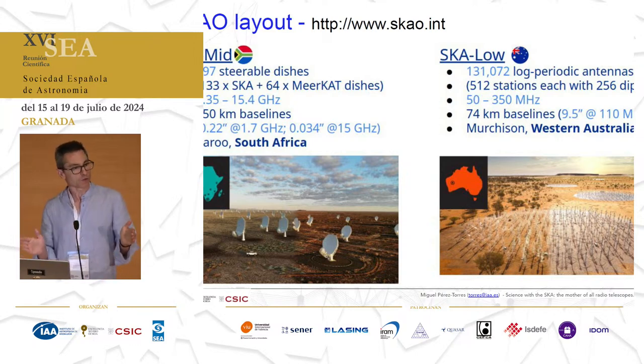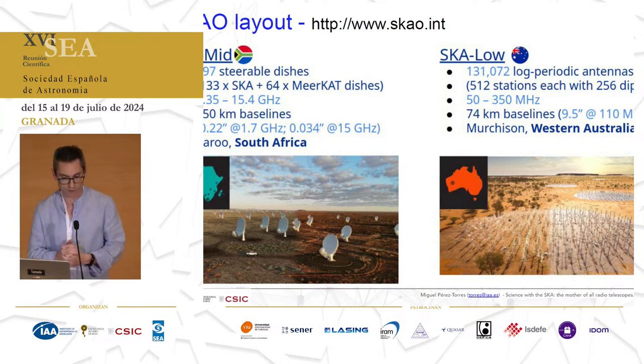Now, what is the status of the SKA observatory now? So you see here the web page, you are invited to go there. It's basically the observatory with 2 telescopes. One working at mid-frequencies, SKA mid, and the other one working at very low frequencies. So SKA mid is basically almost 200 dishes, the standard telescope we all think of, that can be moved. And this telescope will use the already existing 64 telescopes of MeerKAT, which is a SKA precursor,